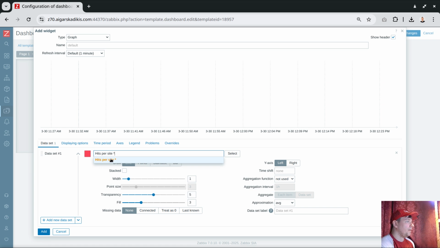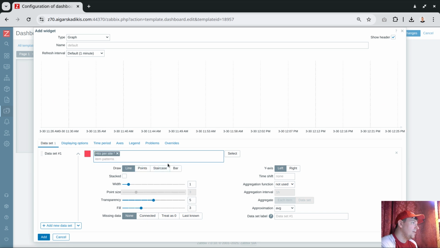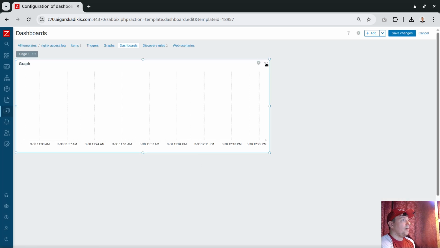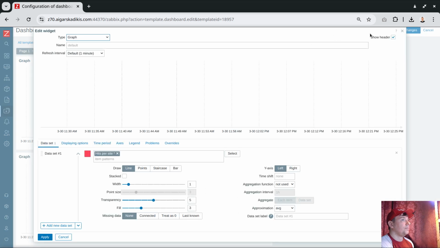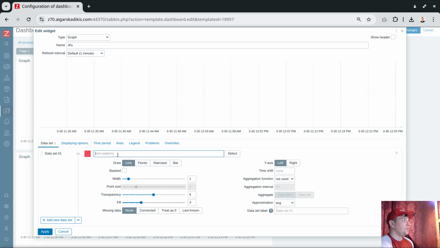Click, and this will be like some sort of graph right now. Add, and let's clone this guy, paste, and IPs, and this will be called hits per IP. Click,